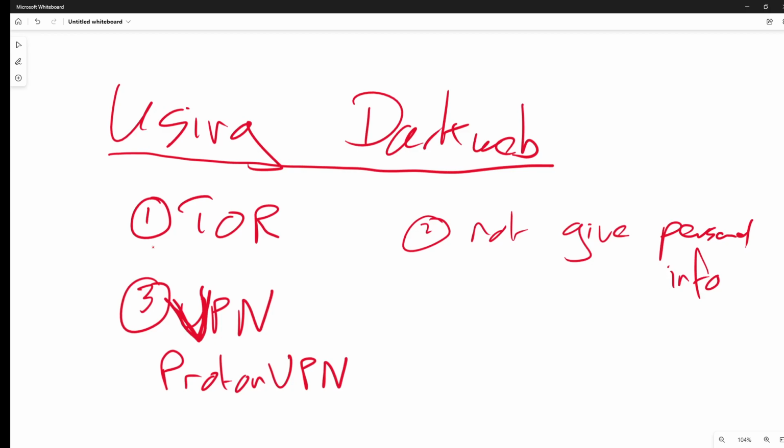They do offer a free VPN service, but they also do offer email, and it's all anonymous. VPNs do tend to leak a little bit of information, but with Proton VPN and Proton Mail, you are anonymous at all times.